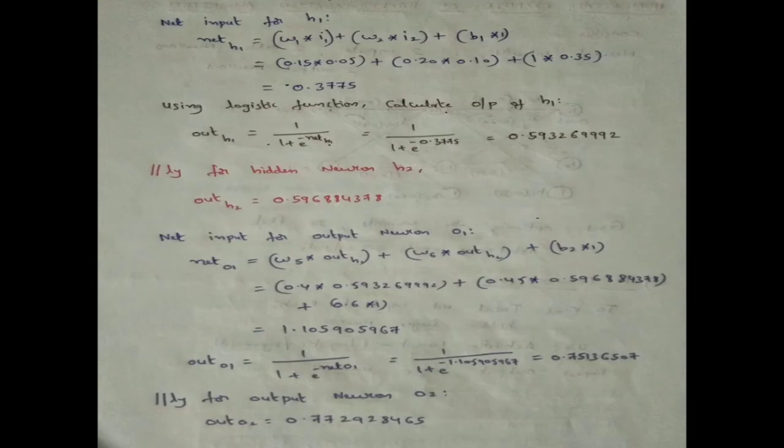So this is what we have done here, that is W5 into the output value of H1, because the output value of the hidden neuron will be the input to the output neuron 1, right? And next plus W6 into the output value of hidden neuron H2 plus the second bias value, that is B2 into 1. So by putting all these values, we will be getting the net input value of the output neuron 1 as